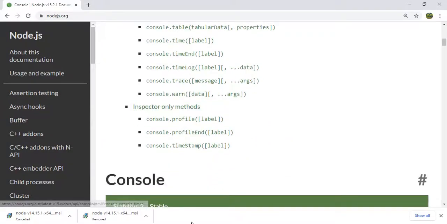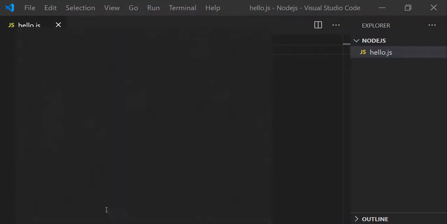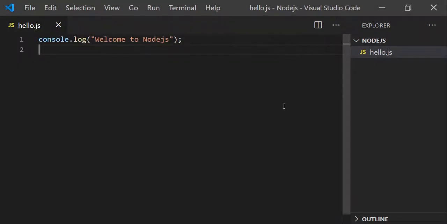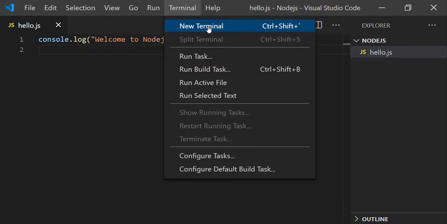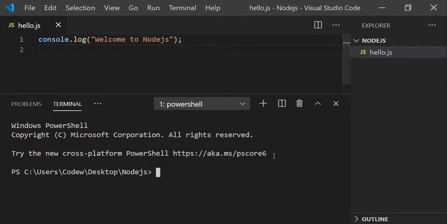How to run the Node.js program? To run it, you can go to this path in the command prompt, or using Visual Studio Code you can go to terminal, new terminal. This is one way of opening the terminal.